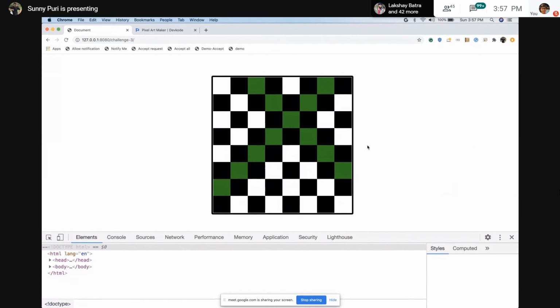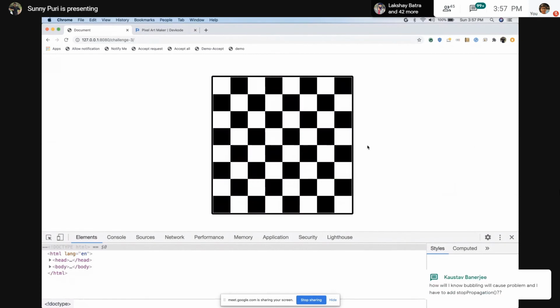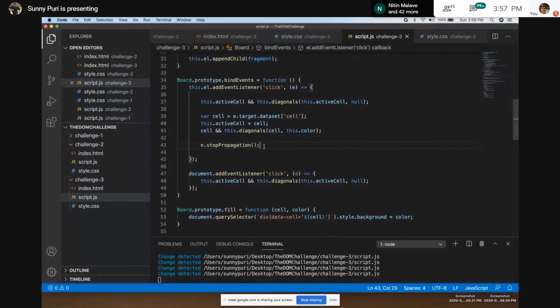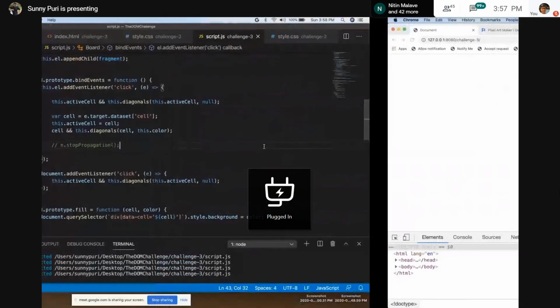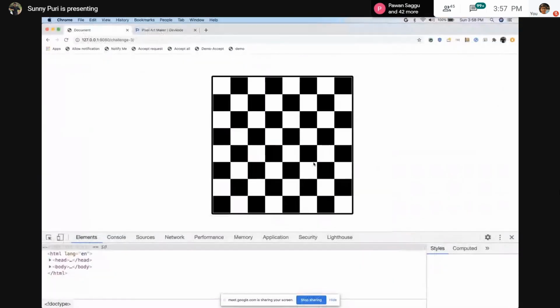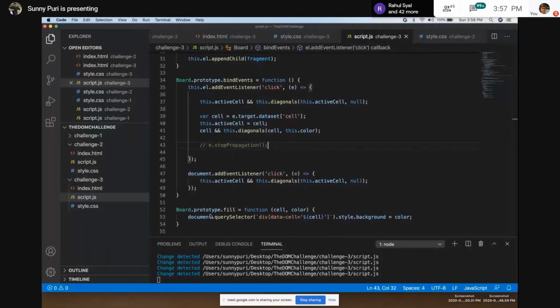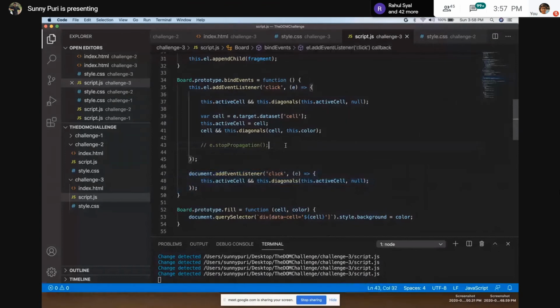So let's take this. So how you will know that bubbling is, see, you're getting right. You are not able to color it because your document is triggering. Because when I have written this code, initially I didn't get to know that I have to stop propagation.